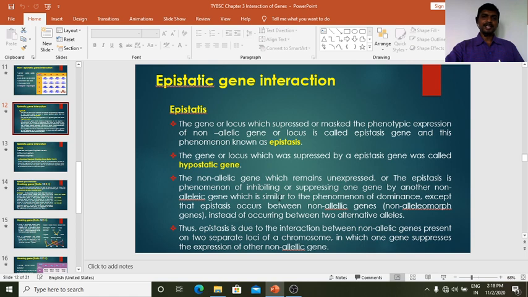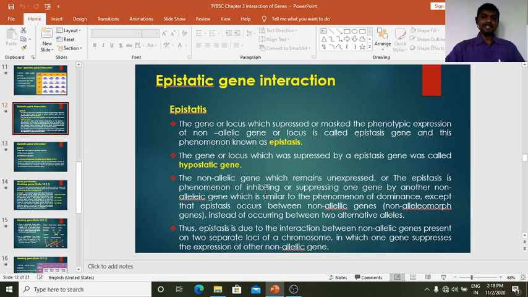Such type of genetic interaction is based on the phenomenon of epistasis. Epistasis is inhibiting or suppressing one gene by another non-allelic gene, which is similar to the phenomenon of dominance. But here the genes are non-allelic genes, whereas in dominance the genes are allelic genes. So masking or suppressing the phenotypic expression of a gene by another non-allelic gene or locus is called